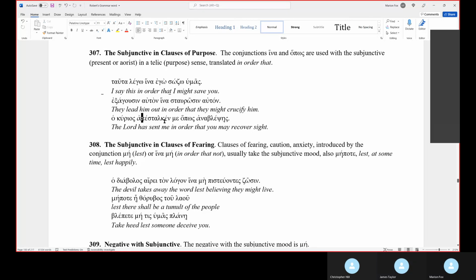Has sent me. Now, it's a kappa here, so notice, and that is, of course, an augment right there. Remember, the augment goes between the preposition and the main verb. And so, has sent me,